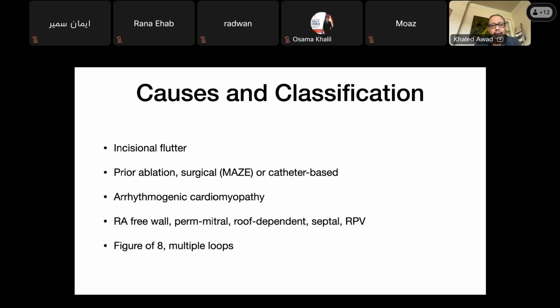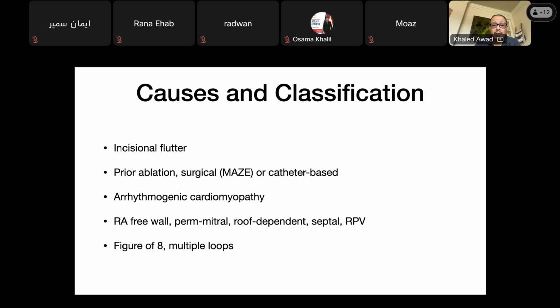We used to call a large entity of these atypical flutters idiopathic atrial flutters. They really are not idiopathic in my mind. Arrhythmogenic cardiomyopathy is something that we're starting to understand a lot more than we used to. We used to call these idiopathic. Their patients have atrial flutters and scar for no reason. They do have a good reason, and its genetic basis could be viral infection, et cetera. But arrhythmogenic cardiomyopathy, a large part of the spectrum of these disorders actually involves atrial myopathy. These patients present with atrial fibrillation, atrial flutters, typical or atypical, sinus node dysfunction,